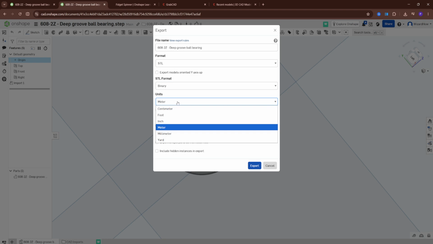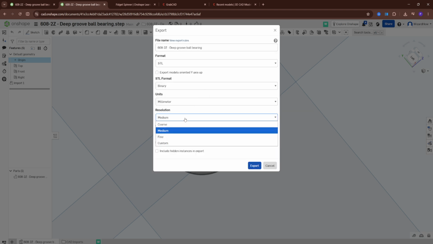Then we have units, so we can select millimeters. We have then here resolution to fine, let's say, for example. So with that you will ensure curved surfaces print smoothly without visible flat facets. And then option here we have download, and then what else we need to do is click on the export